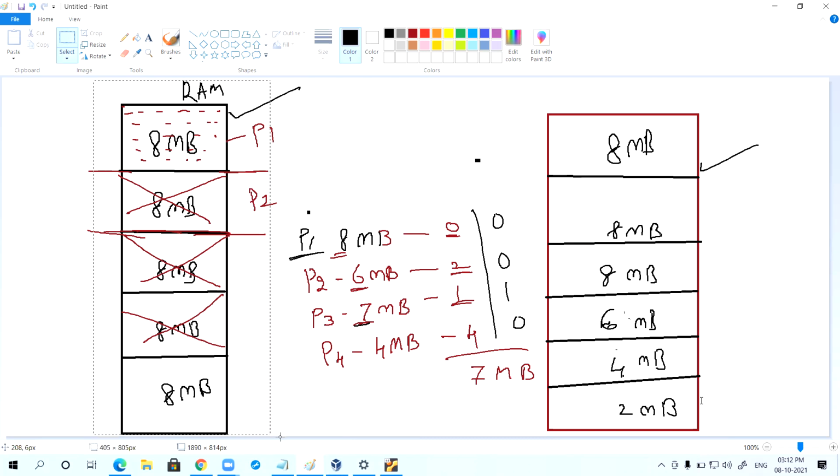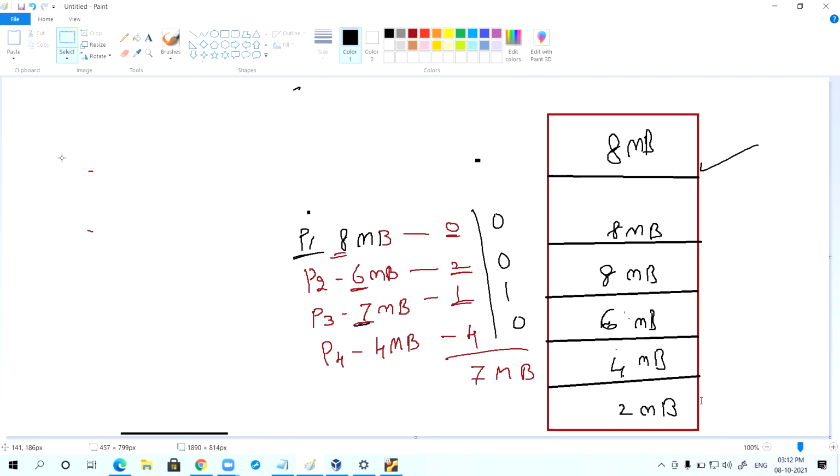Can I say there is no chance of internal fragmentation in this policy?